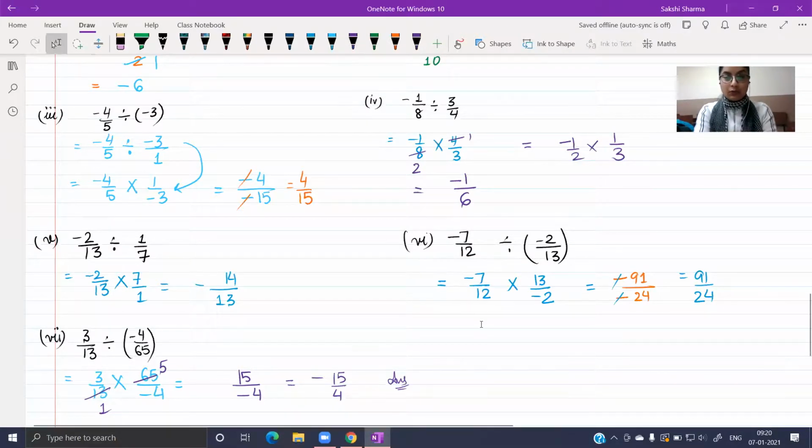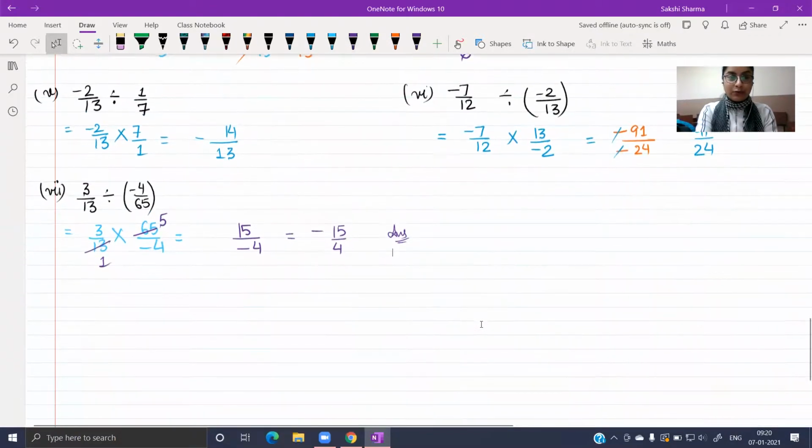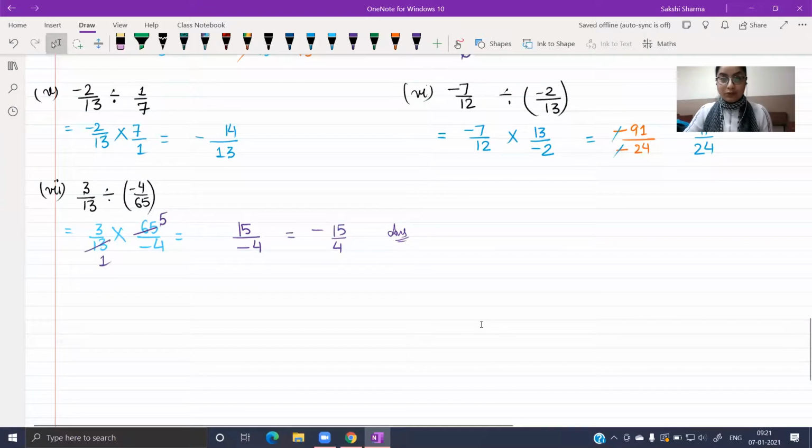I hope all the students have done this question. I would just like to do the homework that was given to you. The students who've already done it can just check their answers alongside. Homework was question number 2, 4th part and 5th part. So the 4th part was -3/8,